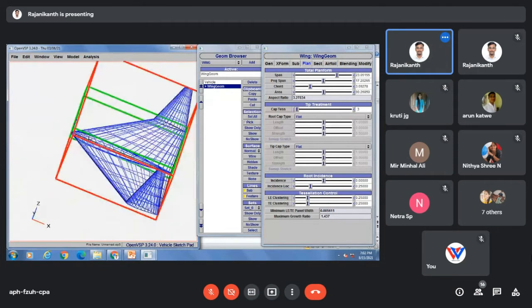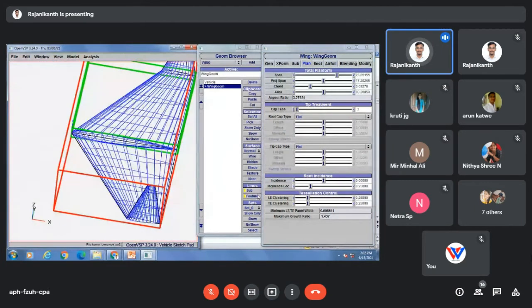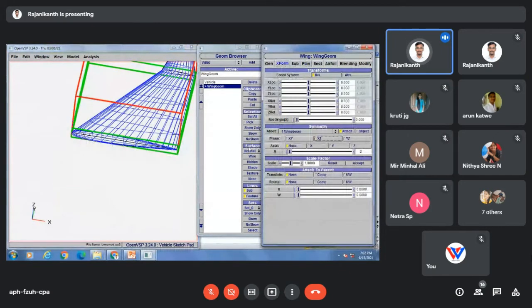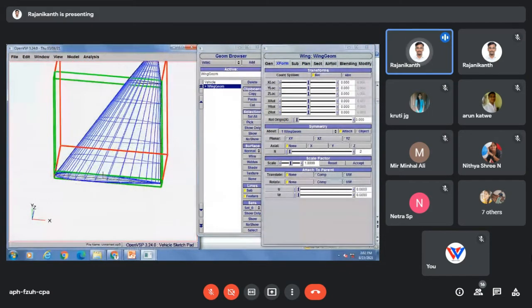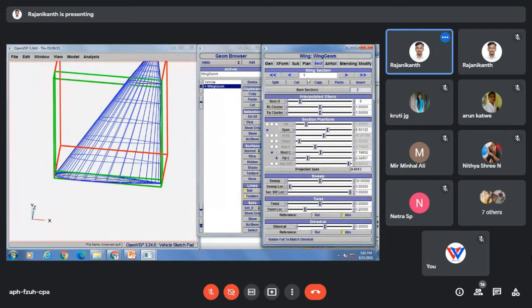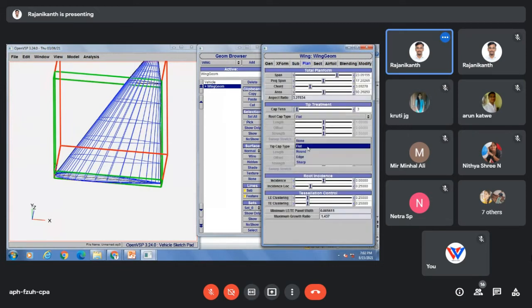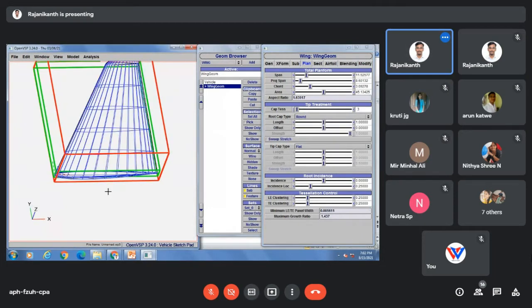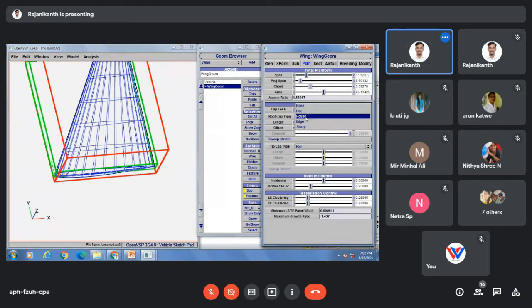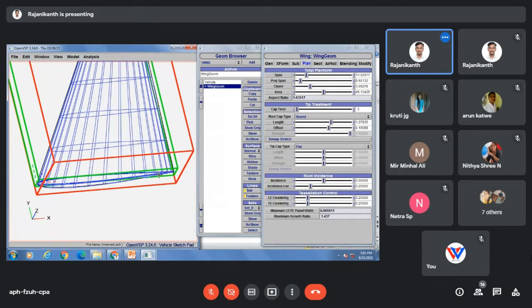Now see, here I have to change the aerofoil cross section. So what I will do, I'll just come to XForm, I will turn off the symmetry. Okay, now I will change this root chord cap, increase the length, also offset.